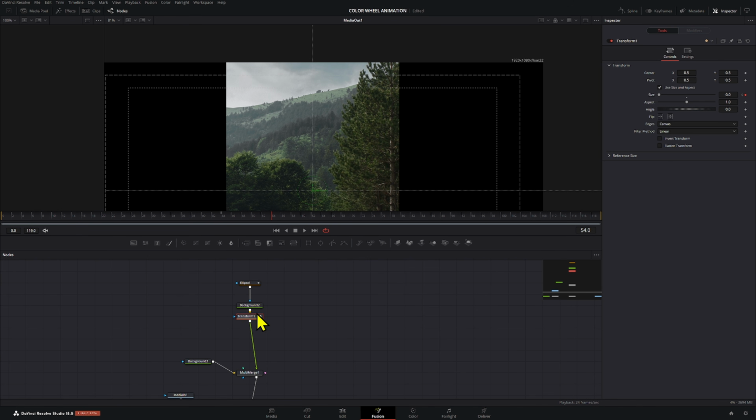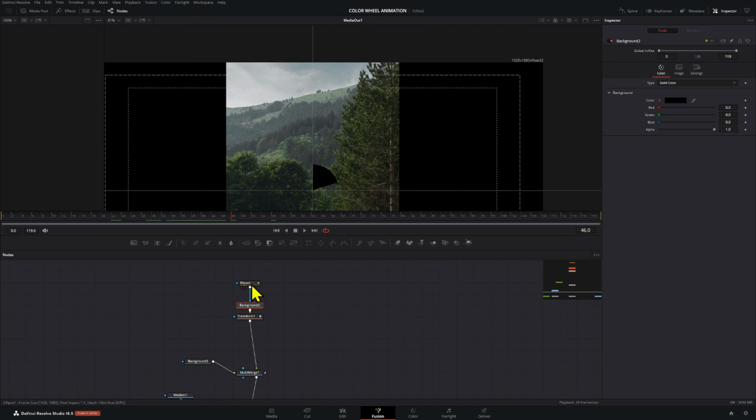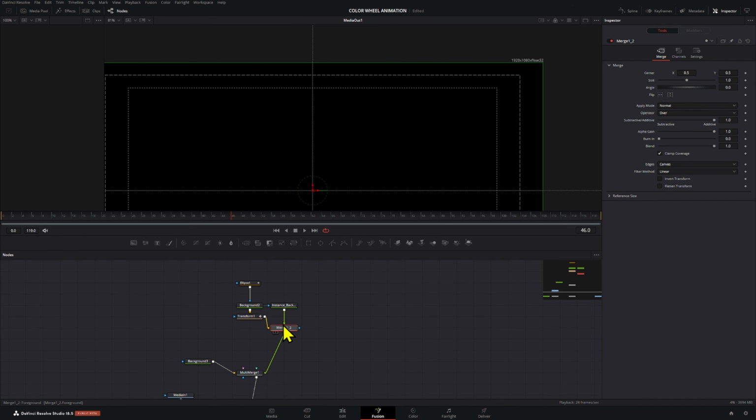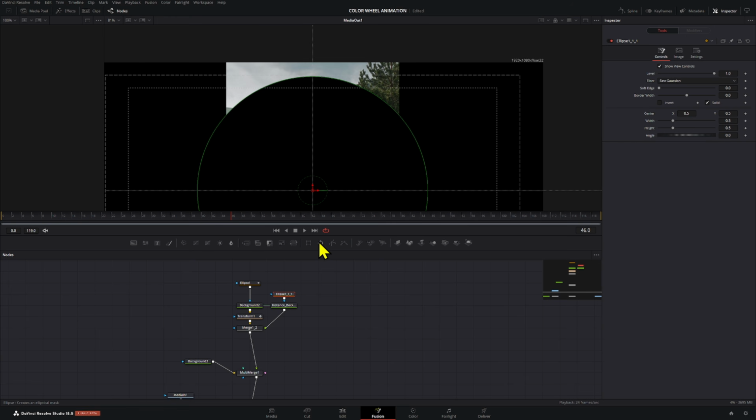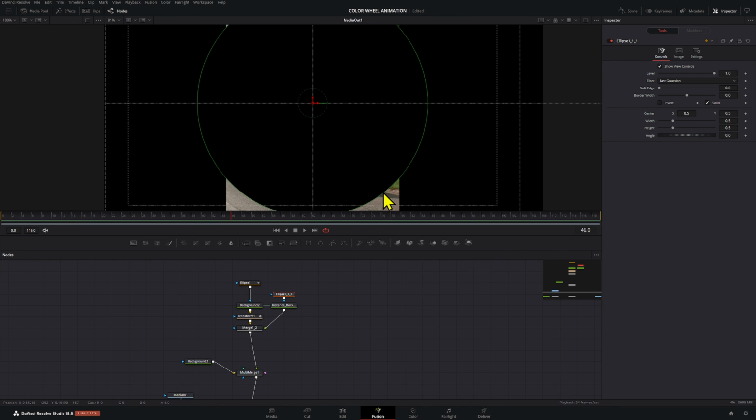At the same time, we want to have a bubble that shows up at that moment, right? So for that to work, we're gonna have to create an instance of this background. So Control C and then Control Shift V, that's gonna create an instance. Then you can just go right here and create a merge node for these. And then on this one, we're gonna create a little bubble that's gonna show up.